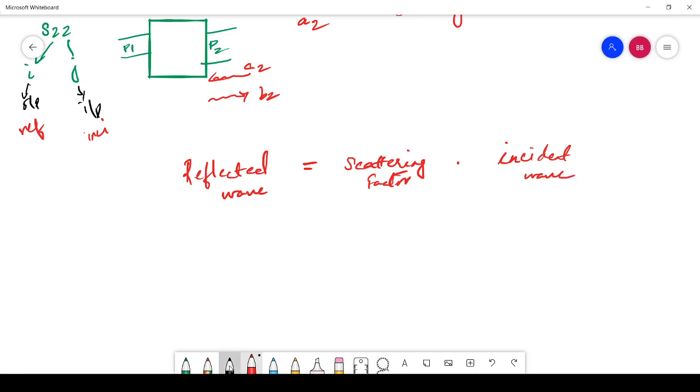So I can write B is equal to S into A, right? So for a two port network,